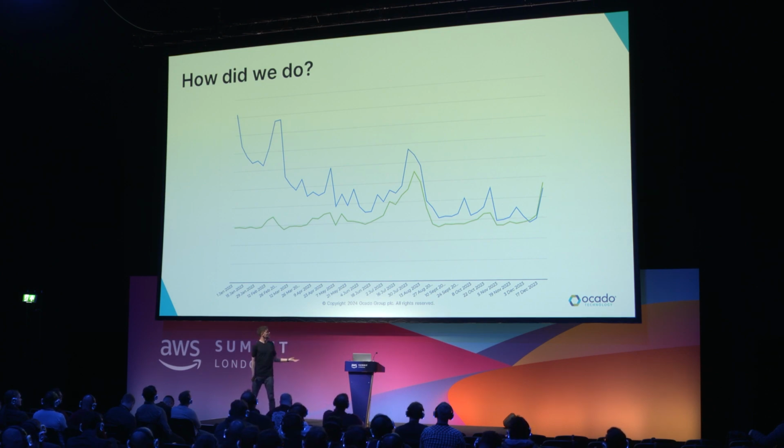So the multi-million-dollar question really is, how did we do? This graph shows the green line is the target, the blue line is our actual, and you can see just right at the end of December, we managed to get below the target for the first time. So we're really happy. It's a massive saving that we've been able to make, millions of dollars, or pounds or whatever. And we've got really good return on investment for the time we've employed. There was a real feel-good factor about doing this work. People really got behind it, realized it was important, and really got stuck into it.